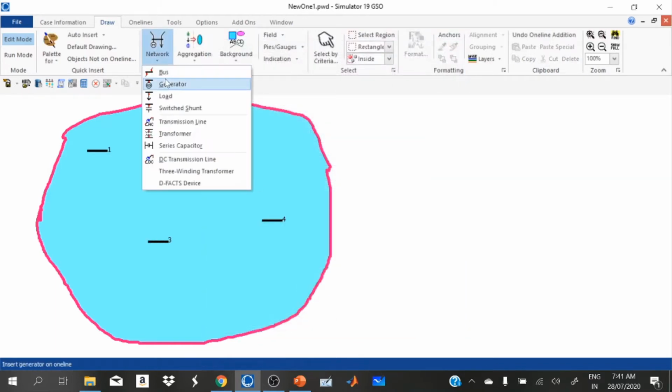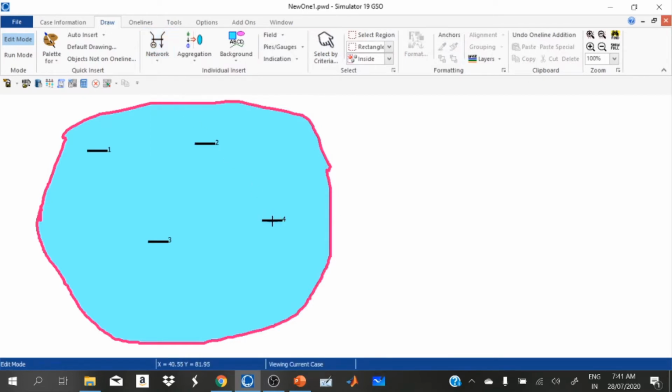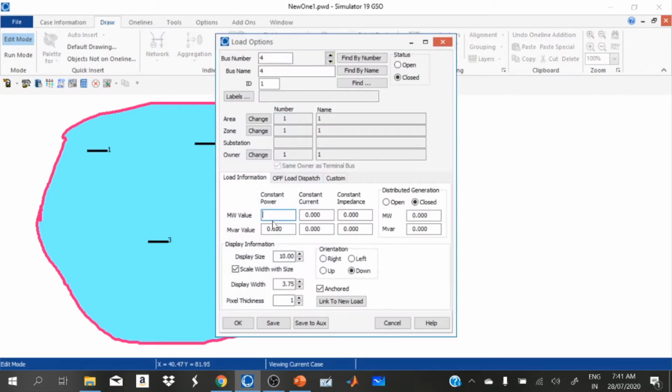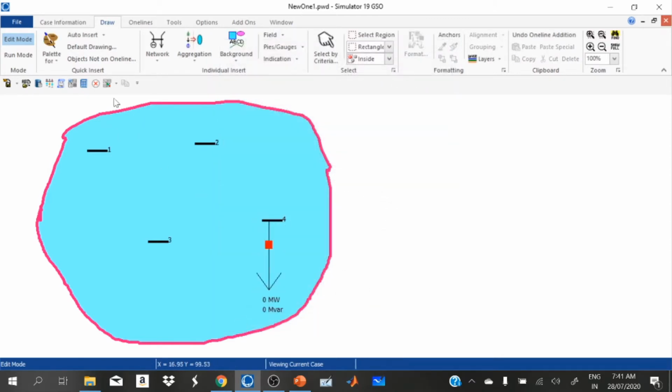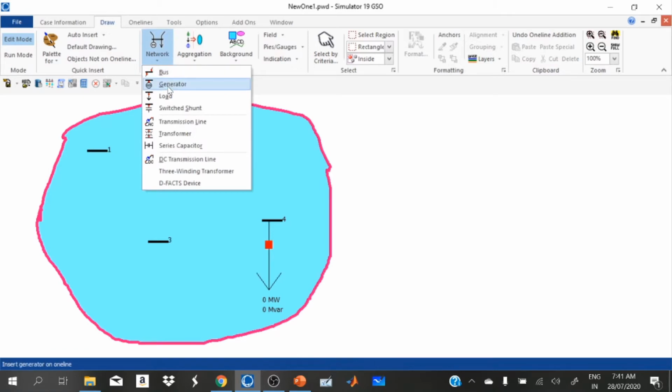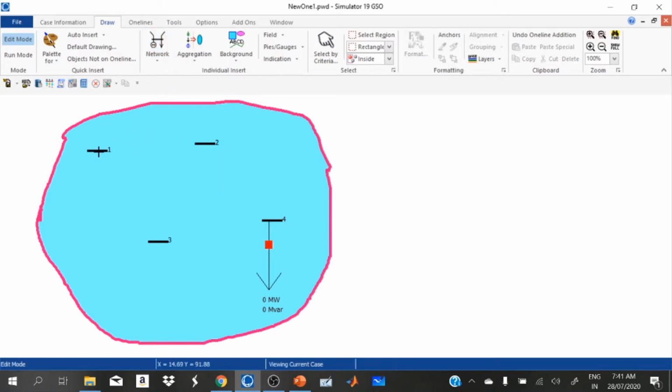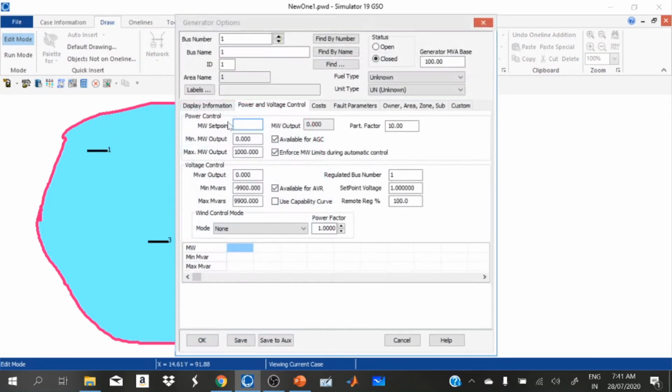Here in bus 4 we are connecting a lumped load of 700 megawatt. In bus 1, 2, 3 we are connecting 3 generators as per our schematic diagram.